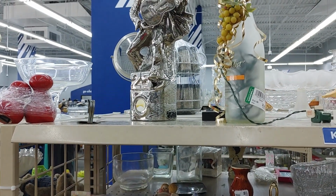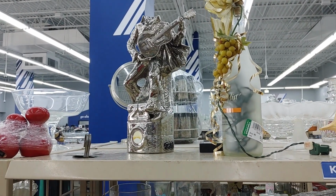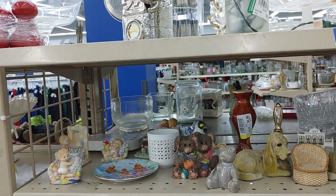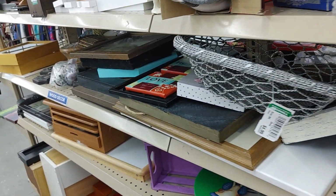Next I saw a silver Elvis decanter. Now I get a lot of Elvis stuff, but I do draw the line when they have no head. So I had to leave it and walk to the next aisle, hoping to find something with a head on it there. Well, I didn't see anything with a head or without on this aisle,